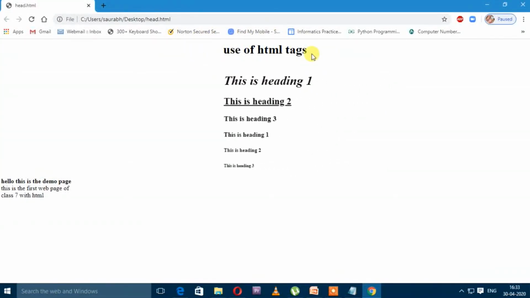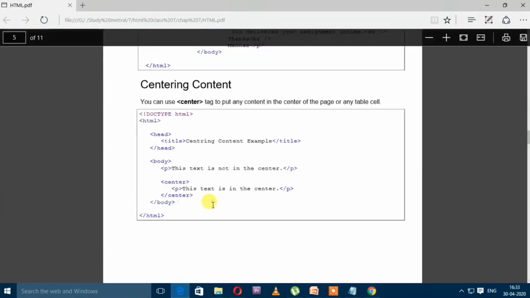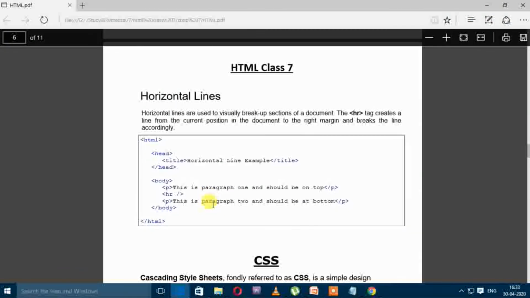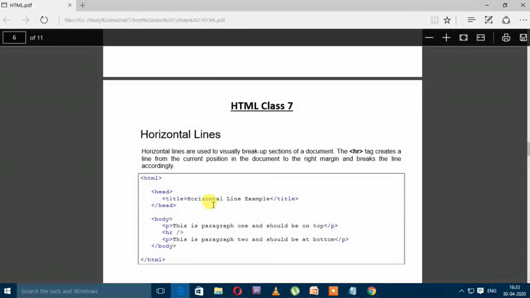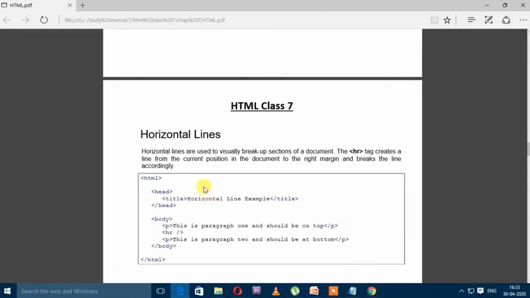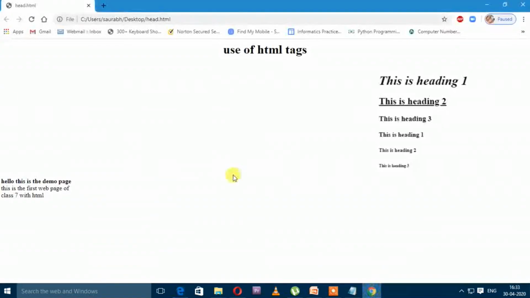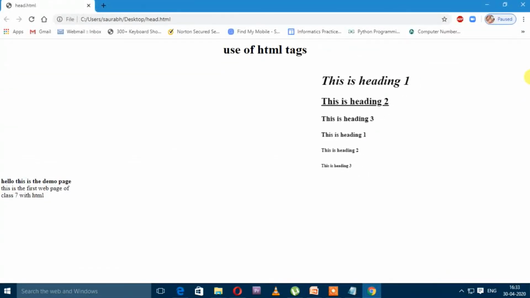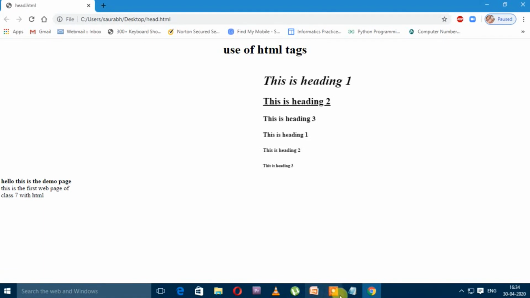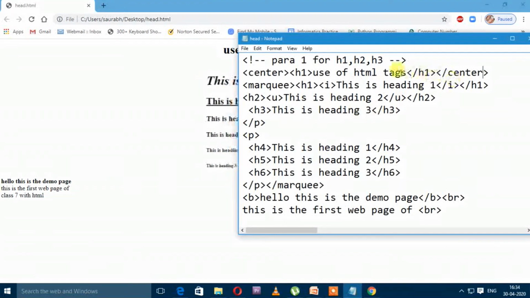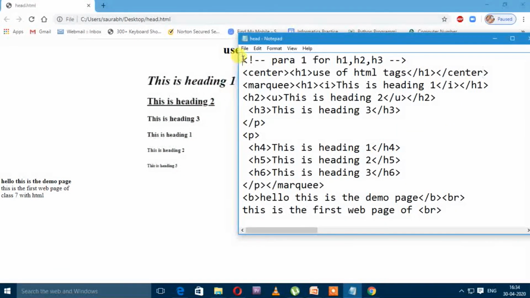Next tag which we want to discuss, and the last tag which we want to discuss is horizontal line. If you want to put a horizontal line, a horizontal border kind of line on your web page, then we will use the HR tag. I wish to display the horizontal line before my heading of the web page.